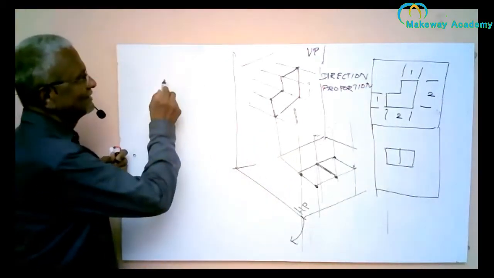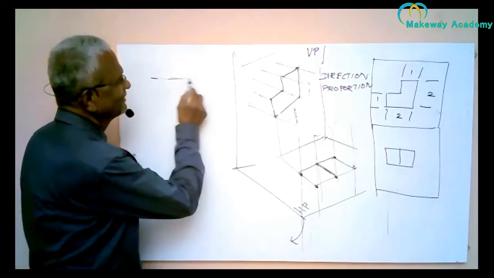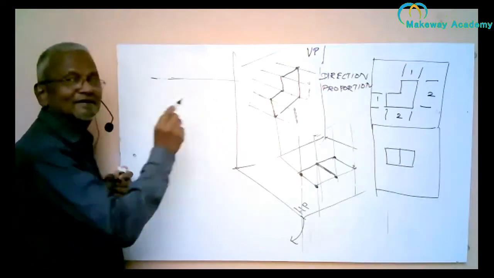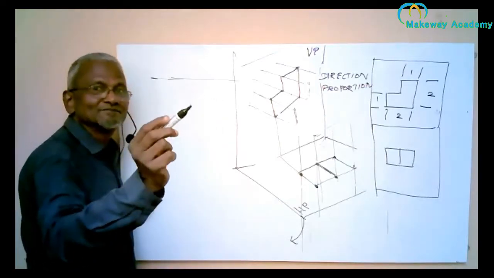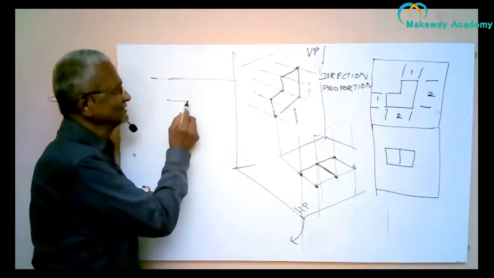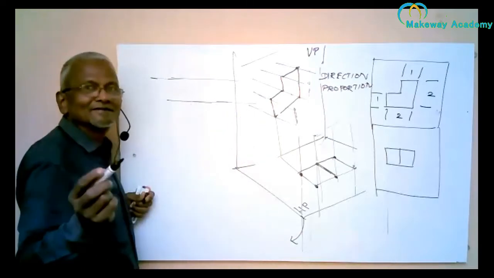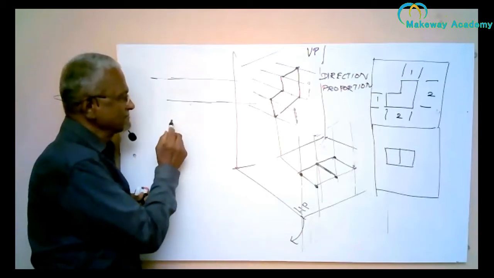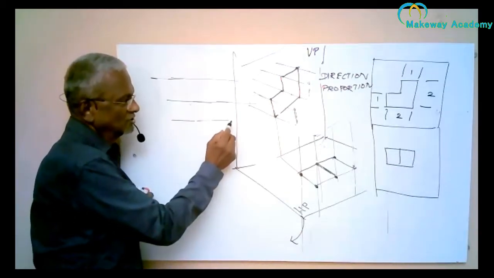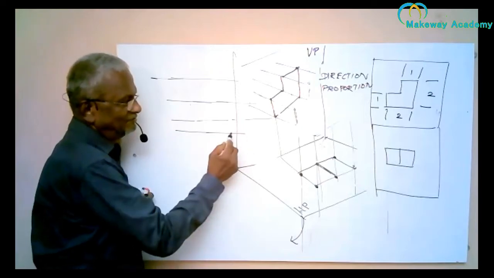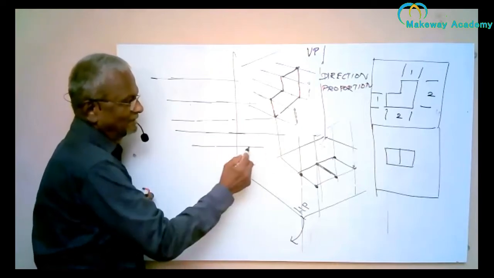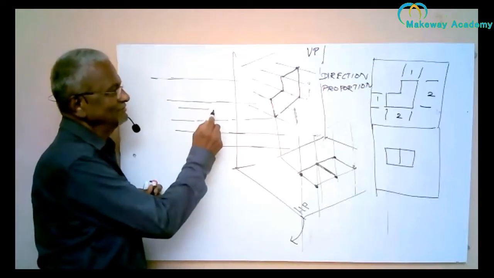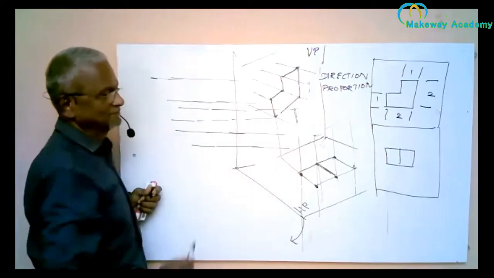So how do I do it? I draw a straight line. See, I don't draw it in one attempt. The horizontal line is drawn by a series of short overlapping lines. If you try that, you will do it. Don't try to draw it in one attempt. Use a series of short overlapping lines. Anybody can practice.